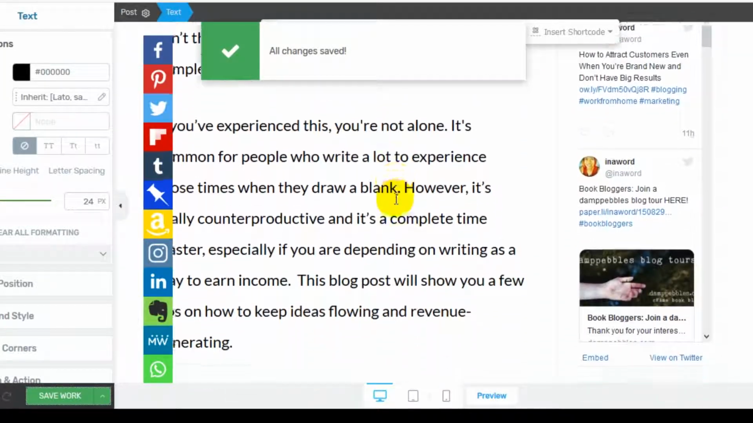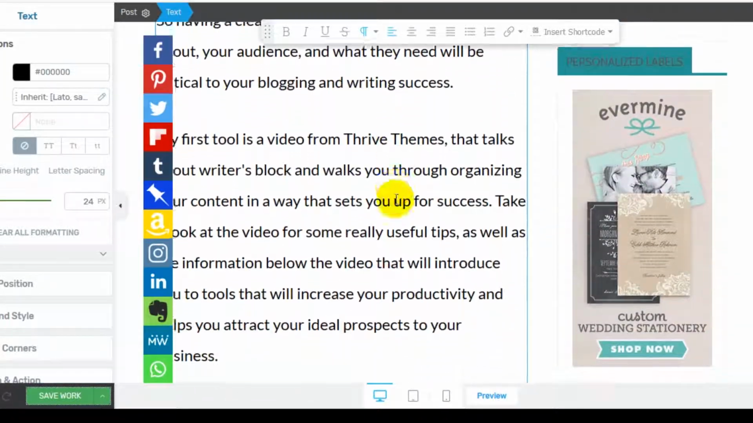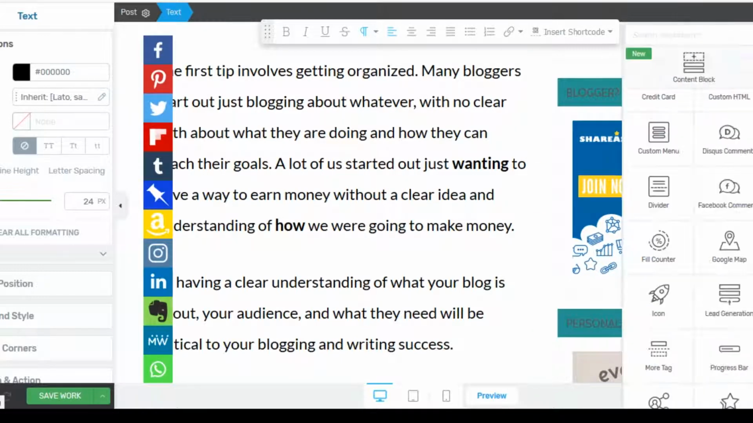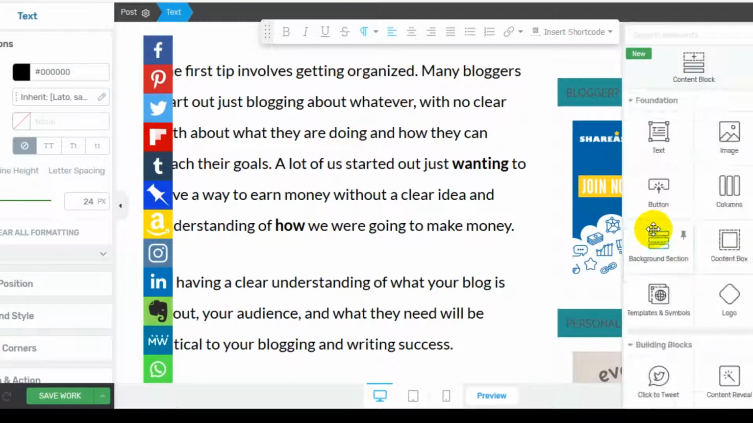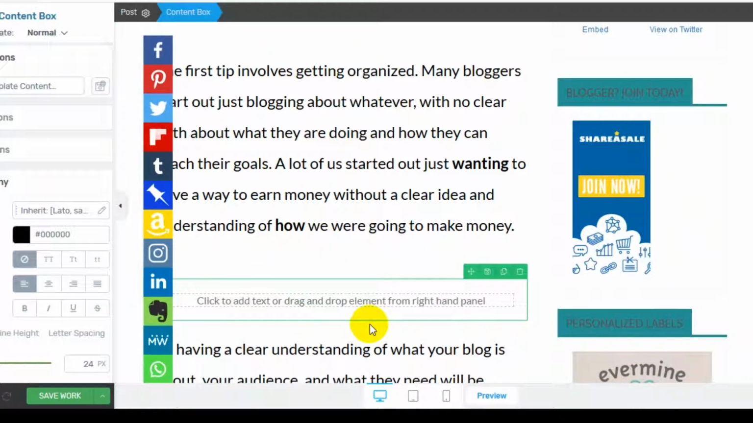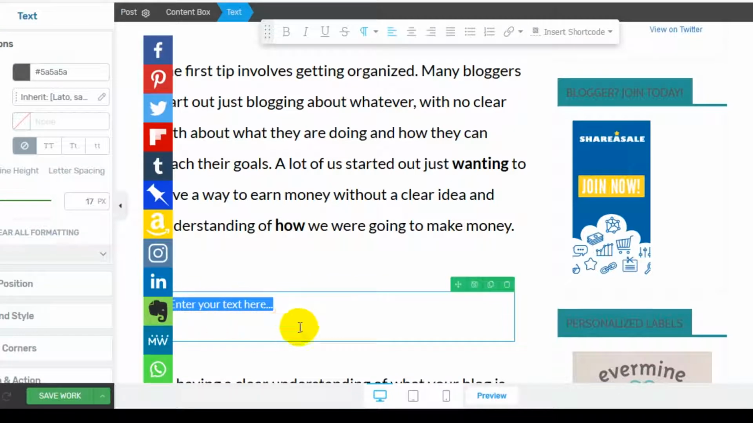And now I'm going to add a visual. I usually try to add my visual toward the top. It's one of those things that gets attention. And what I'm going to do is put a content box right here. And when you put a content box in Thrive Architect, it also gives you text. So I'm going to say,